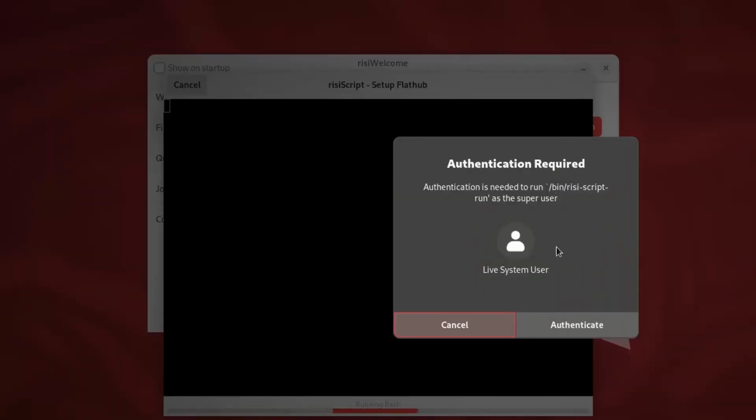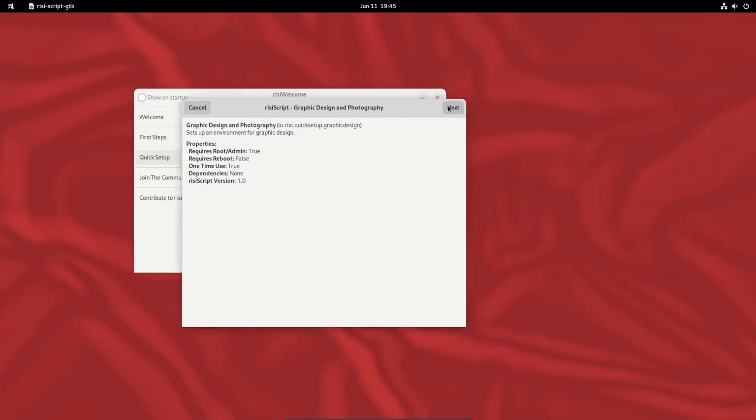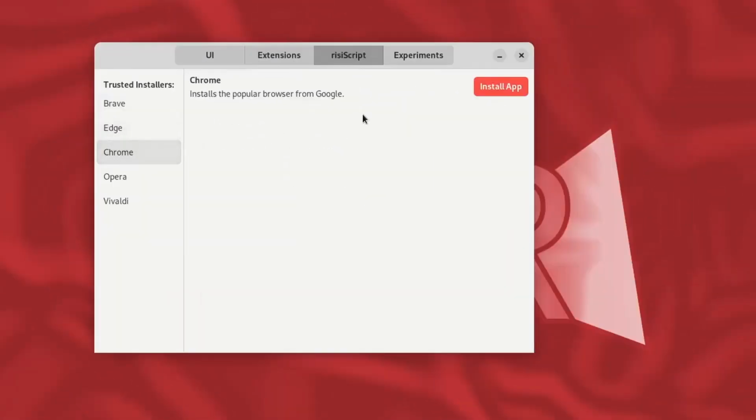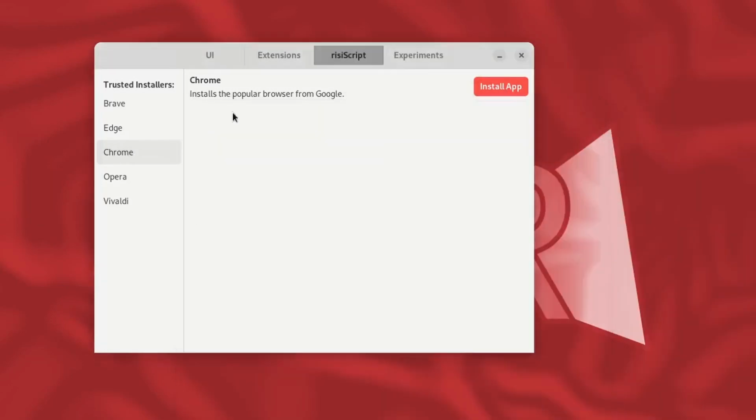We also had a tool called risiScript that lets you generate GUI wizards similar to Windows installers for bash scripts, and it allows you to set different arguments. We use this in our welcome screen to make the setup process easy, and we also had some extra scripts for installing third-party web browsers and things like that within our tweak tool, although admittedly it was implemented in a weird place. Just know before you get attached to risiScript that, I don't know if the future looks good